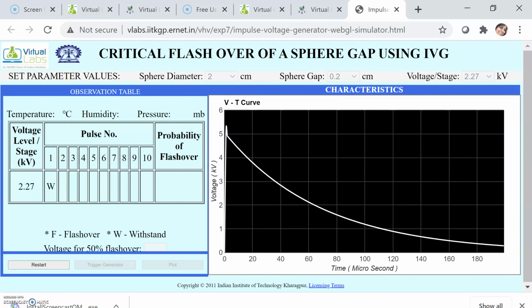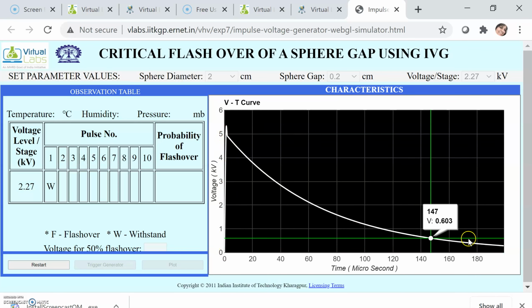Actually, if you looked, the spark was not there. So breakdown has not occurred, and you can see what impulse voltage is generated. This waveform is full, and slowly it is decreasing. So this is the impulse voltage. But when breakdown takes place, this voltage will suddenly drop to zero, because when breakdown occurs it is a complete short circuit. Air will not be an insulating material after breakdown, but will start conducting. So with no insulating medium between the sphere gap, it's conducting, so this voltage will immediately drop to zero.